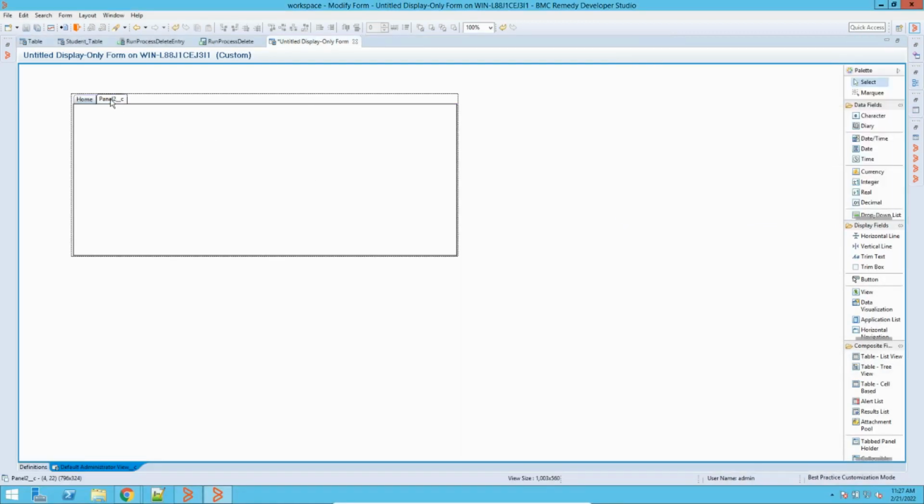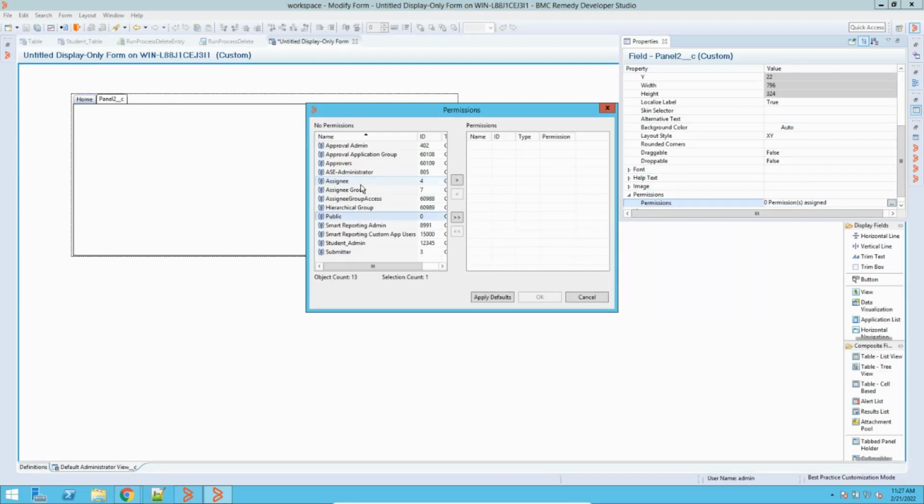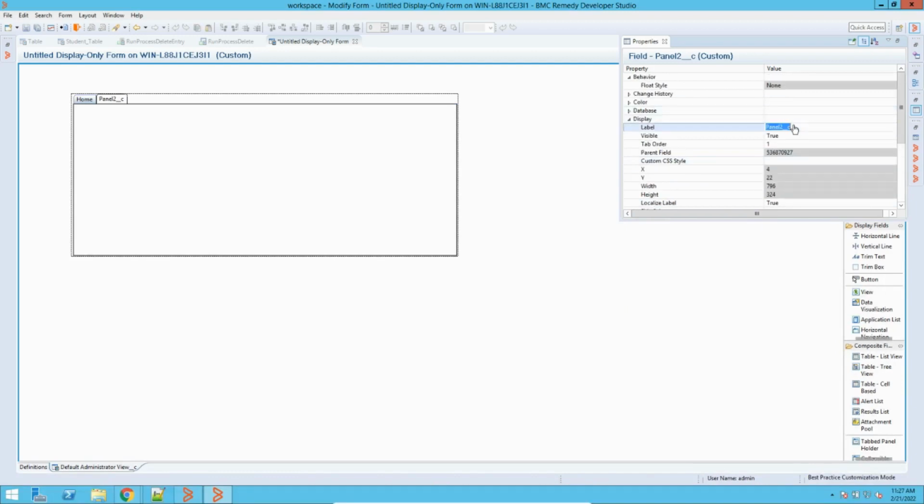Similarly, for this panel, you can also do the same. You can rename it, you can change it. Let's suppose I will give a permission to this panel. I will not take it in much detail. You can explore it. I'll just give you an overview. So suppose this is my main page, or main panel.